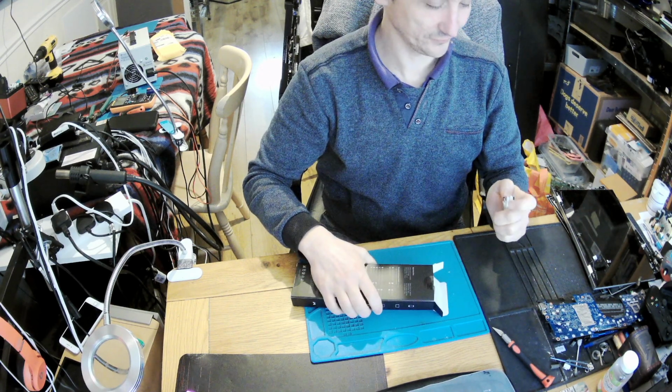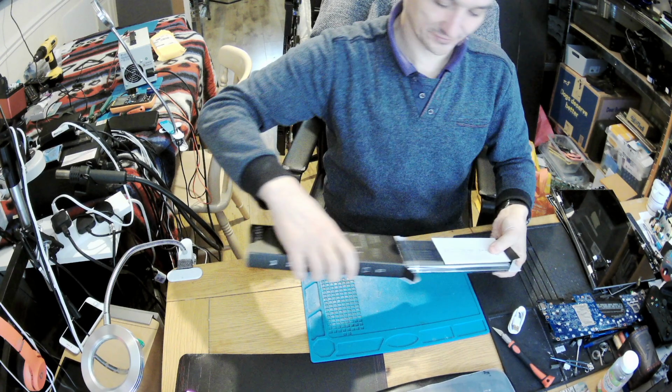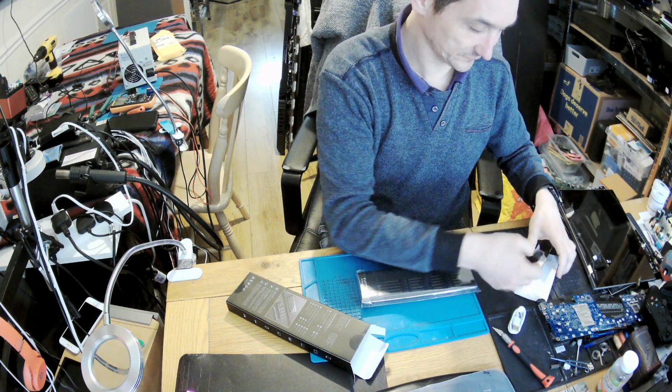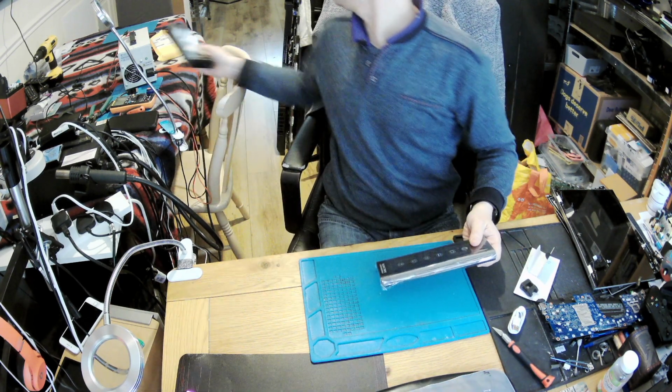Oh, you've got a USB-C connector here. Nice. Good, because I've always got USB-C here on the universal charger. And you get a magnetizer as well, which is another magnetizer, but that's okay. Then in this sleeve,